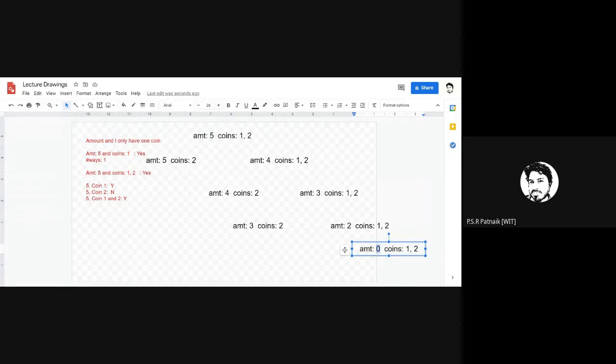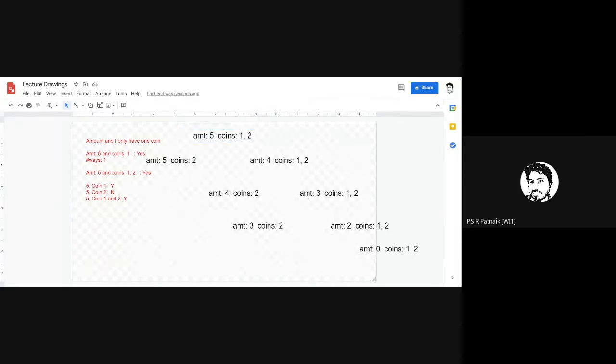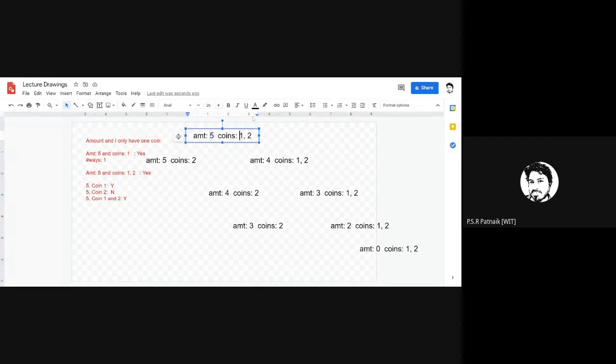It indicates that just by using coin 1, I can realize this amount. So when the amount becomes 1, just by using coin 1, I can realize the amount. This indicates that I can make up this 5 by using coin 1, right? So this value you have to note down somewhere, that by using coin 1, we get 1 way. In recursion, when we start converting that into code, the logic just becomes very clear at that time. So this is one logic, right?